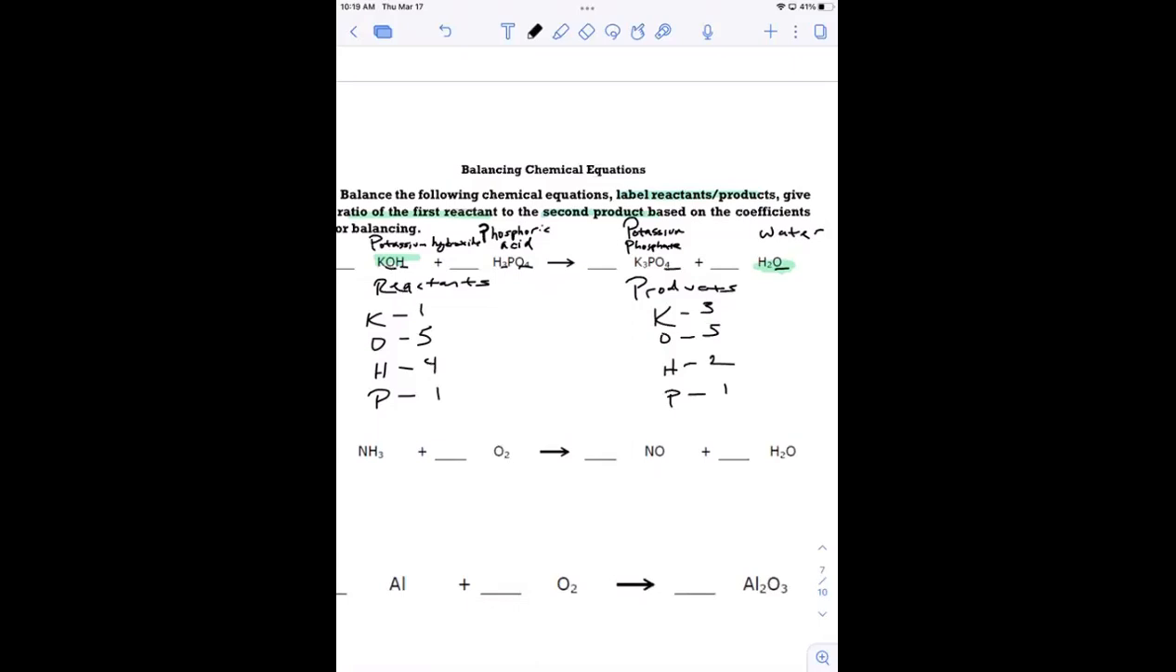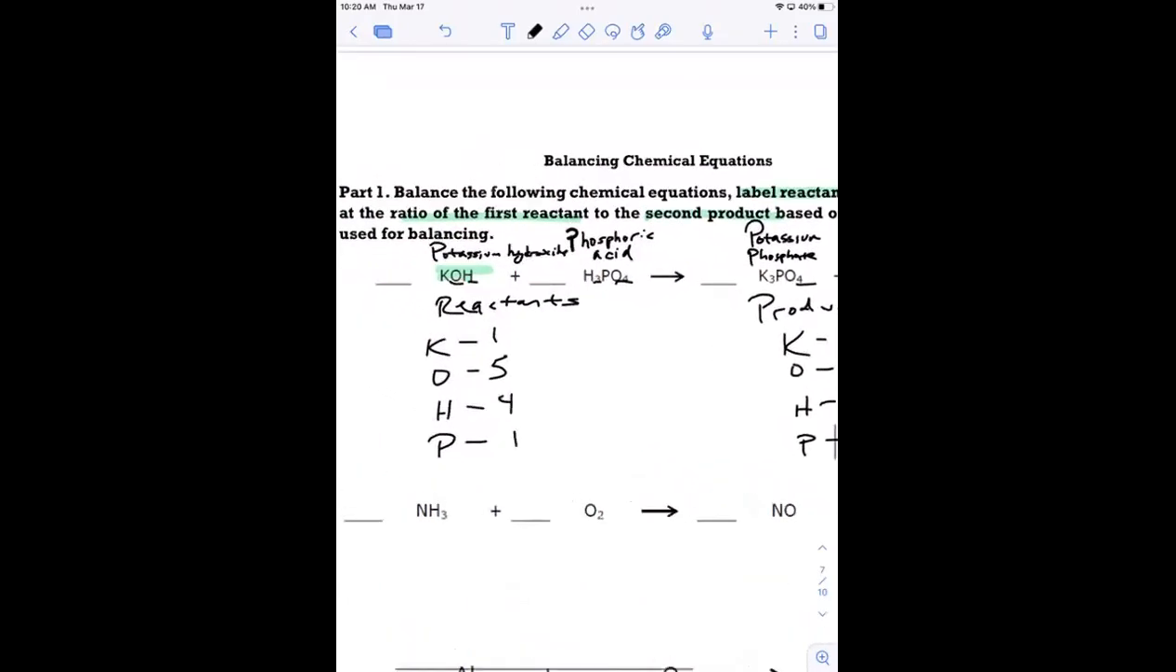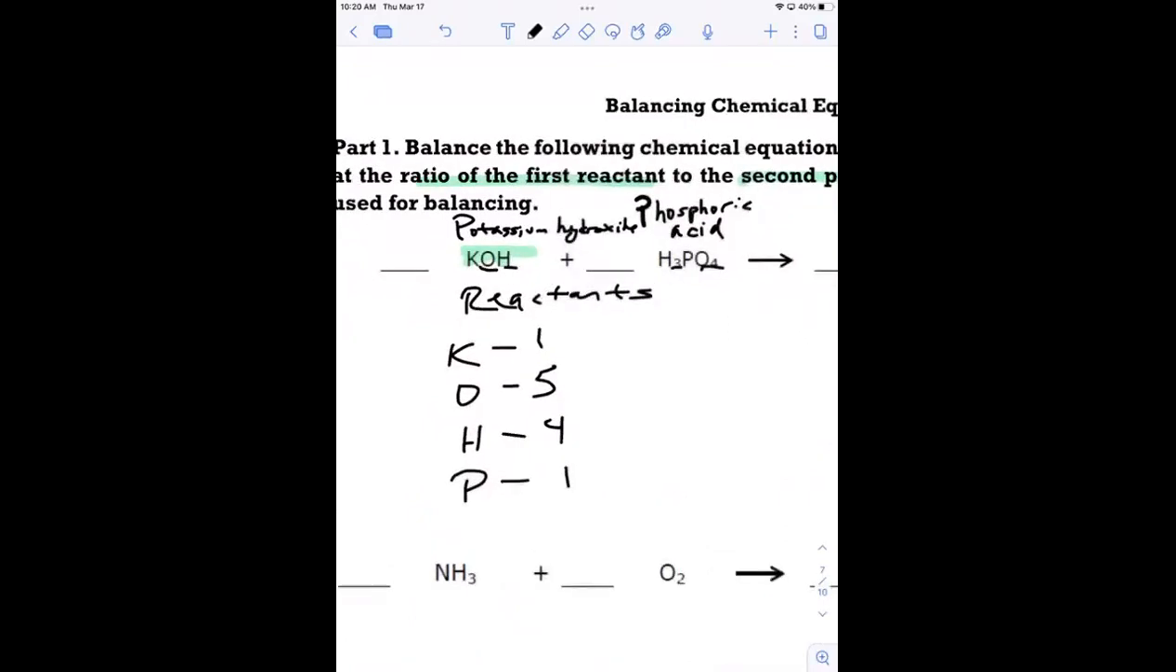If we start with potassium, let's see what happens. You always want to pick one of the atoms to try to balance first, and then you keep going until everything is balanced. And it's really trial and error. Sometimes what you start out with works, sometimes it doesn't. And sometimes, like we talked about yesterday, you may have to use a fraction or something like that. So let's try to balance potassium. So if we put a 3 here,